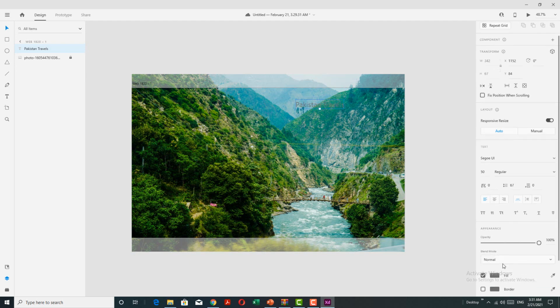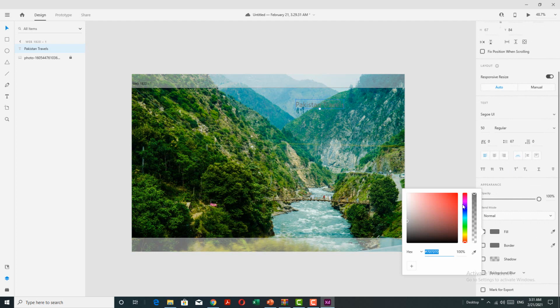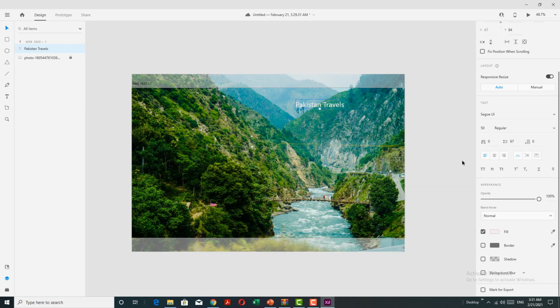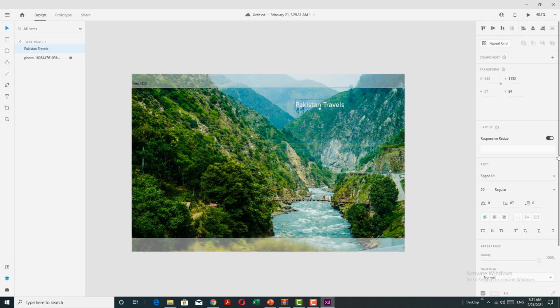I can change the color of that text, fill, then we can do it by white because all the colors are very bright, and then we can select it. And if I want to do anything with the text, I must select that text, then there is an option visible here. Regular, we can change it to bold, and then place it here.